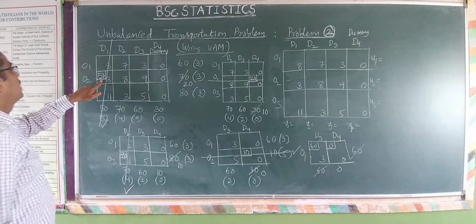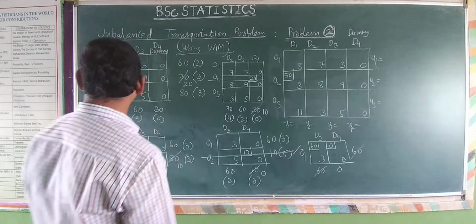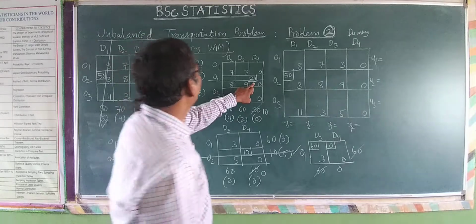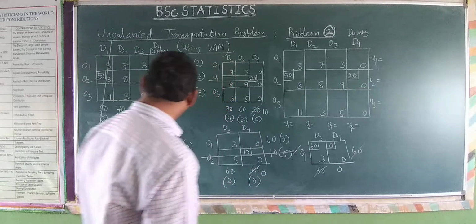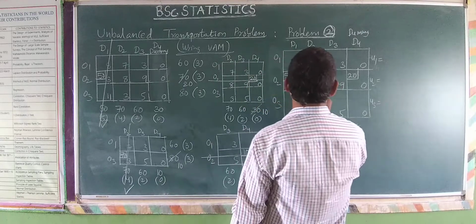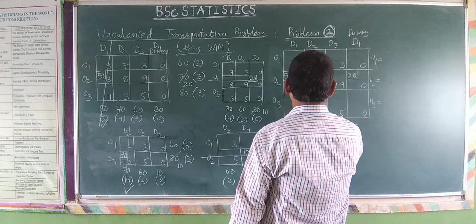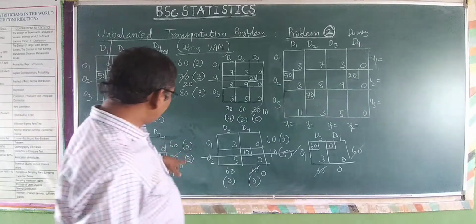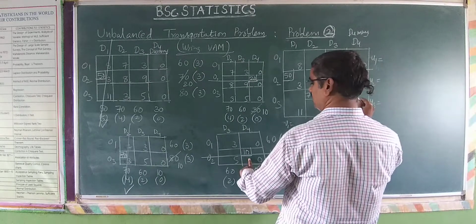So this is x21, the value is 50, x21 is the value 50 into 3, and then come to the next table, transportation table 2. This is 24, 20. And come to the next table. This is the next table, 70, 32. It is 70. The cost 3. Okay, right? And then come to the next table and take the value 24. It is 10.